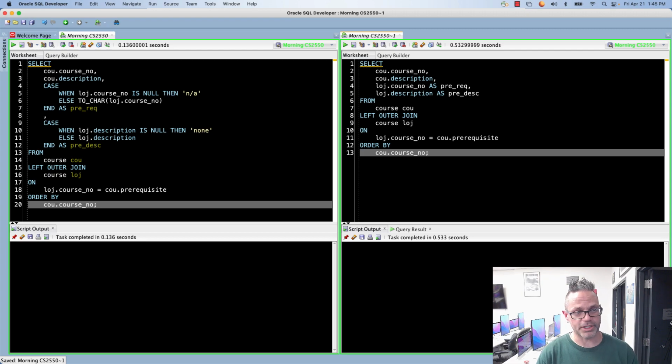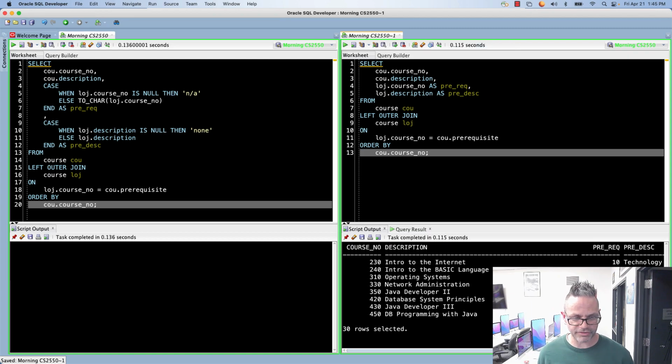So I have my SQL Developer environment open right here. As you can see on my right-hand side, I've got my base demo. I'm using my select query. I have course.course_number, description, loj.course_number, and loj.description as prerequisite, from course COU, left outer joining course LOJ on the matching of the prerequisite to the course number, the primary key and foreign key relationship. And if I run this query right here, you can see I've got 30 rows selected, and